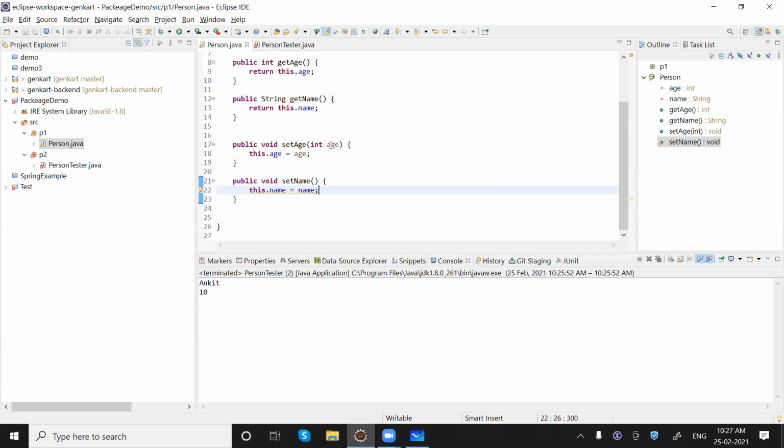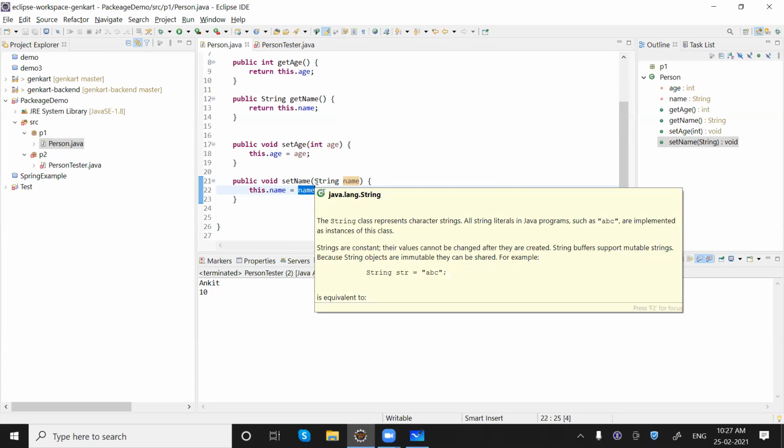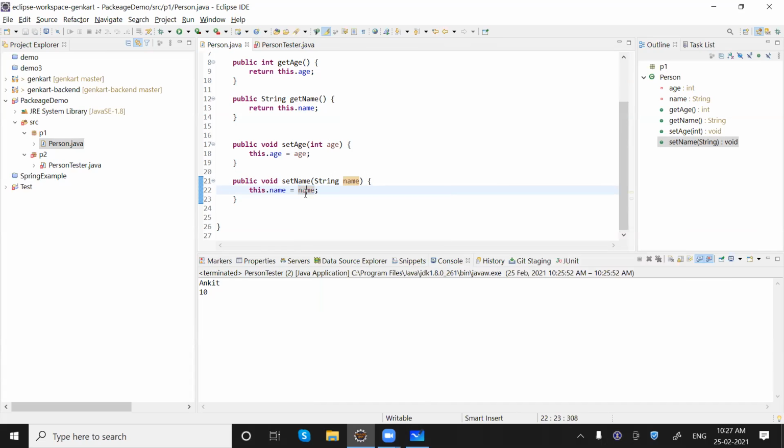Now the right side age is the instance variable, right? In that Person class. So the second one, on the right side, is the local variable, this one. You can see when I am clicking this one, this particular thing is getting highlighted. That means the variable which comes as an input will be initialized into this.name, that is, into the instance variable.